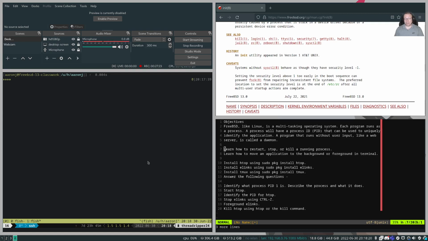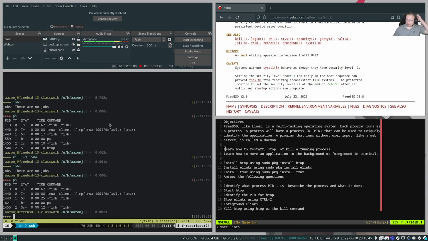Any application that runs without user input, like a web server, is called a daemon. That would be the correct way to refer to that application. We learned how to background applications, foreground them, kill them. We learned how to find those applications using tools like htop. And with all of that said,